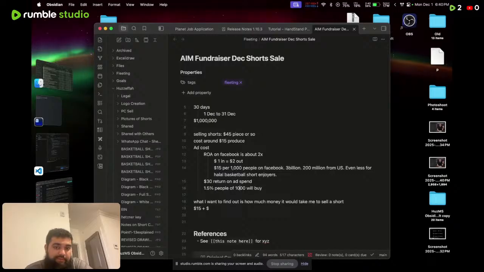So 1.5% equals 15 people who may buy. Okay. And this is all really conservative, which is what we want to do. Plus, let's say that would be $15, right? So this is per short. So if 15 people are buying,